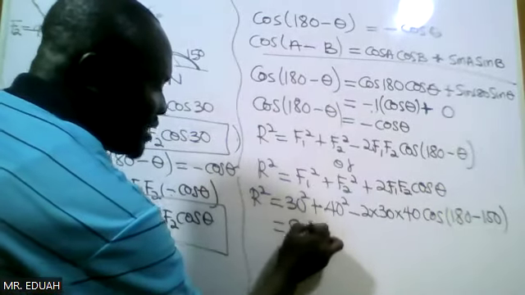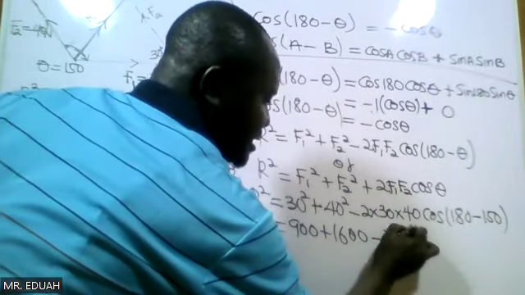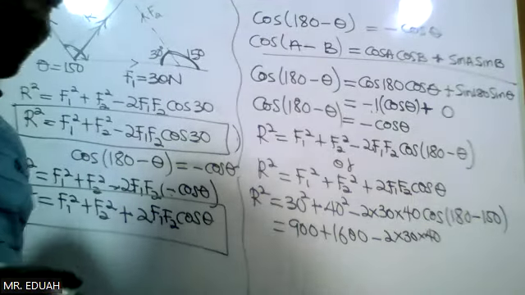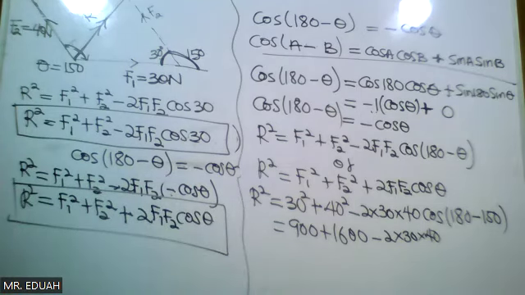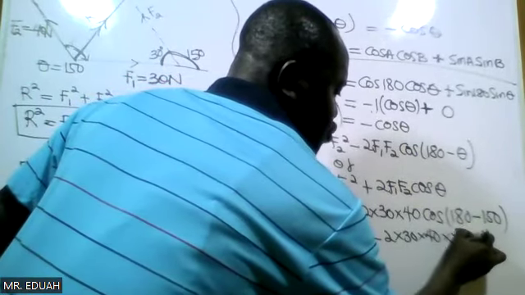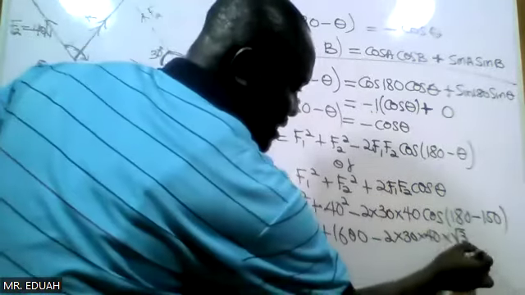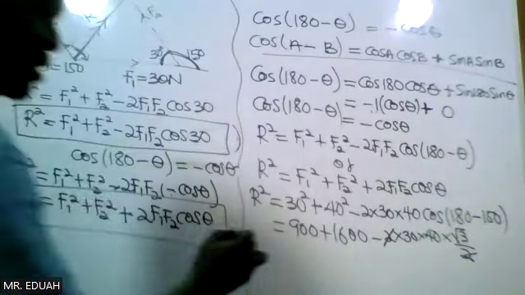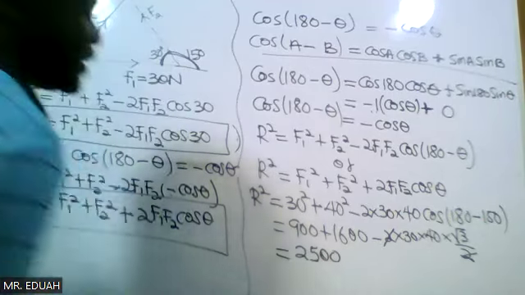This is 900 plus 1600 minus 2 times 30 times 40 times cos 30 degrees. Cos 30 degrees is equal to root 3 over 2. Confirm. Correct? Yes, please. So this and this would cancel. So I have 900 plus 1600, that is 2,500,